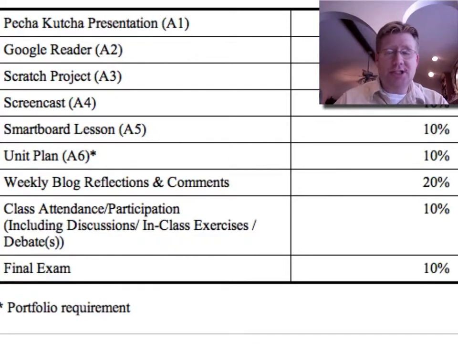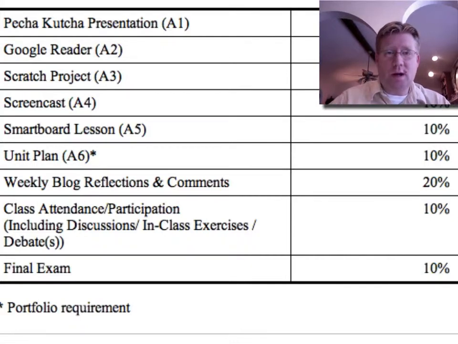And I'll talk in just a minute about the two different platforms that we're going to use for that, depending on which section you're in. And I will be providing some more guidance about this, but basically we will be having 3 quizzes during the course of the semester just to check up on your postings, and that will be a substantial part of your grade